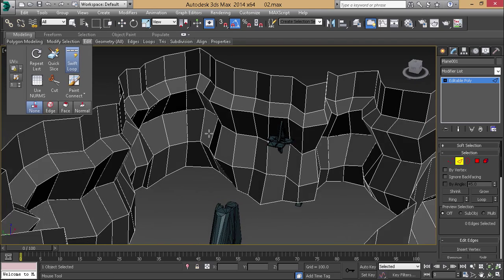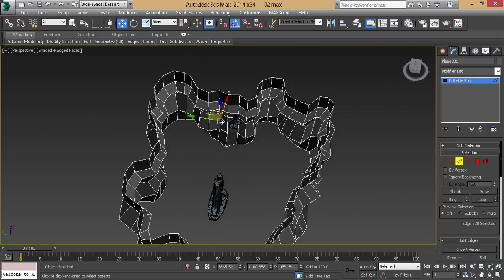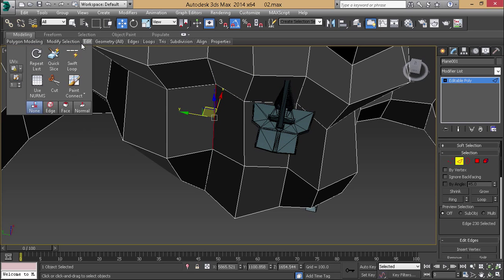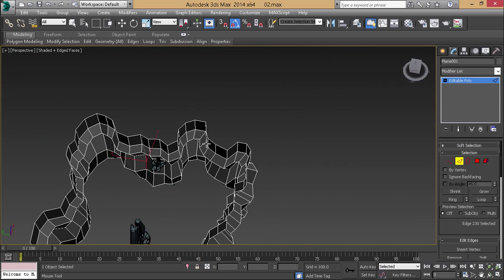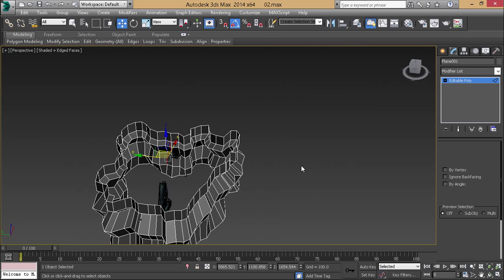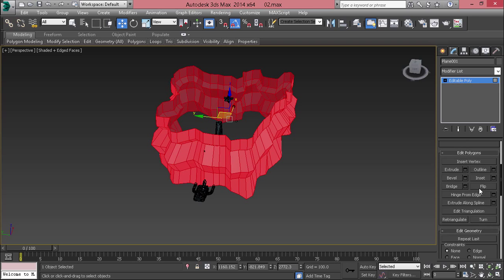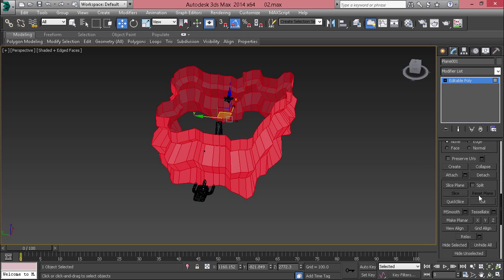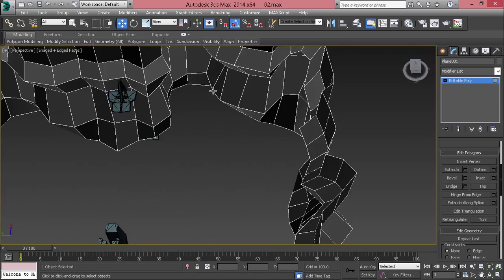I'm going to go ahead and add in a couple of loops, if I can. By going to edit and swift loop, I'm going to have to catch. Oh, hang on, I know what the problem is. All our normals are facing outside when they should be facing inside. So I'm just going to select all my normals and find the flip icon, and then